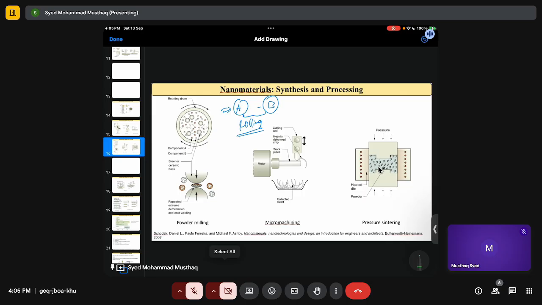Again, to break the powder particles, it depends upon the inherent property, whether it is ductile or brittle. If it is brittle, it will take less time to break the powder particles, and if it is ductile, then it will take a large amount of time, because whenever the powder particle comes in between the two balls, for ductile,